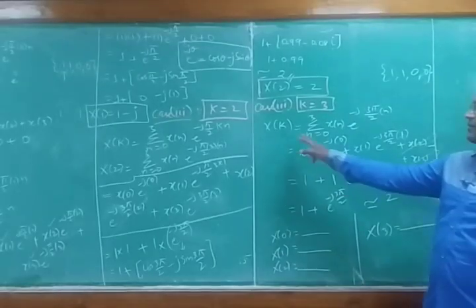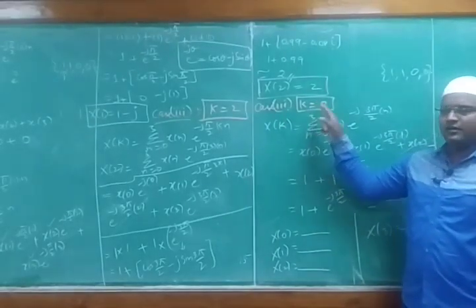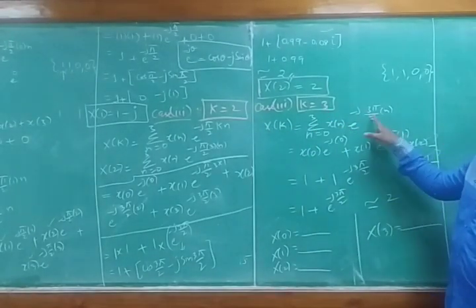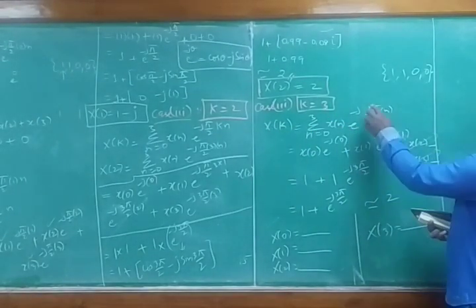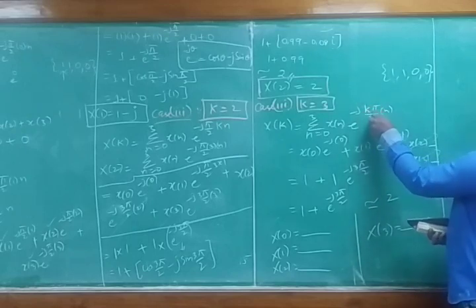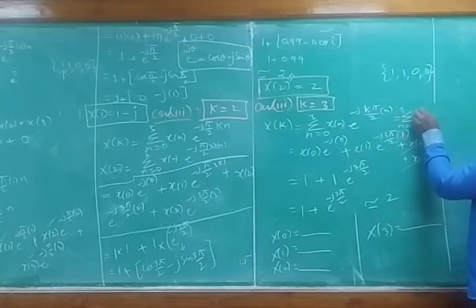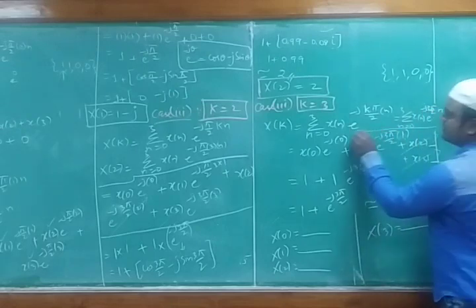So see students, case 3. So the k value we took as 3. x of k we had this thing. So wherever k is there we are writing that 3, because in the question we have here k pi by 2 into n. So that number we are writing: n equals 0 to 3, x of n and that k. What is k we have? It's 3. So e power minus j 3 pi by 2 into n. Right? This is our condition now.